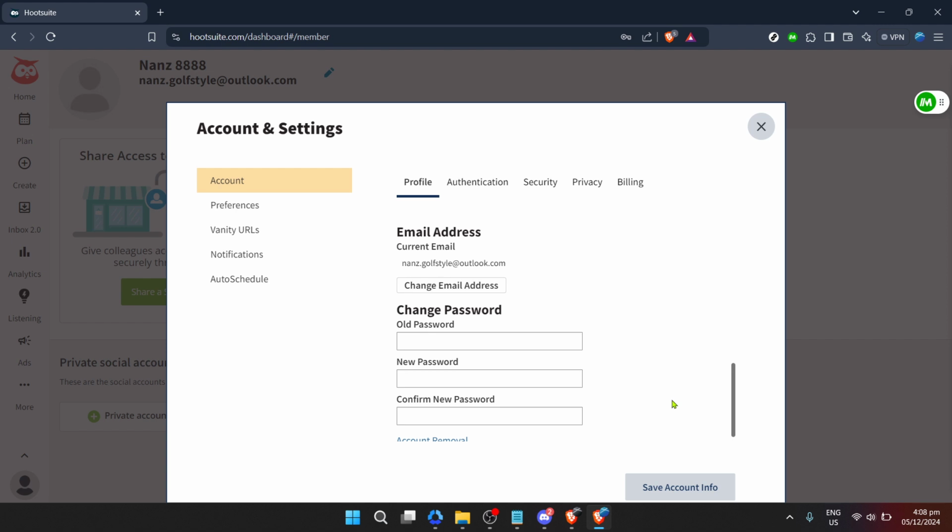In a digital world where timing can be everything, setting your Hootsuite account to the correct time zone is a small but critical step in ensuring your social media management is as effective as possible. With your time zone now accurately set, you're all set to schedule your posts without worrying about unexpected timing errors. Isn't it easy? By following these simple steps, you can ensure that your Hootsuite account reflects the correct time zone, allowing you to manage your social media content efficiently and